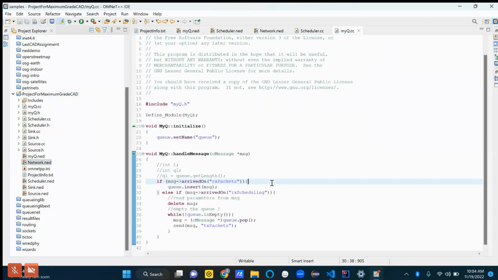So we have some queue data structure that we're using here, and all we're doing when we get a message from RX packets is we throw that message into the queue. Okay, fine.